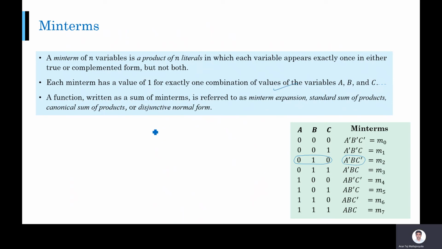Now, if you are going to write a function as a sum of min terms, I have a function which has some values. Let us say the function is 0, 1, 1, 1, 0, 0, 0, 1. Suppose this is my function. Then you can write the function as a sum of these min terms, right? Because the function is 1 if this min term is 1, if this min term is 1, this min term is 1, and this min term is 1. So if any of these min terms is 1, the function has to be 1. So I'm going to write my function as a sum of these min terms.